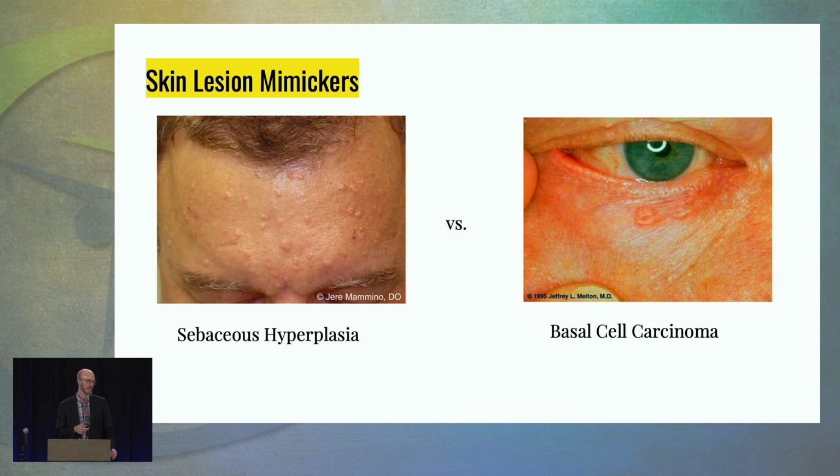There are several things that can look like skin cancers that aren't, that can really throw you off. One thing's sebaceous hyperplasia. It's not showing up too much on the projection, but these look just like basal cells. And if they have a lot of them, you kind of feel comfortable saying, this is probably just sebaceous hyperplasia. If they just have like this one, right here, not too sure, because you have a central pit, you've got telangiectasia, it's got raised pearly edges. It's hard to delineate, so if you're ever not sure, just biopsy it and know for sure. But it can look just like that typical basal cell you see on the other side.